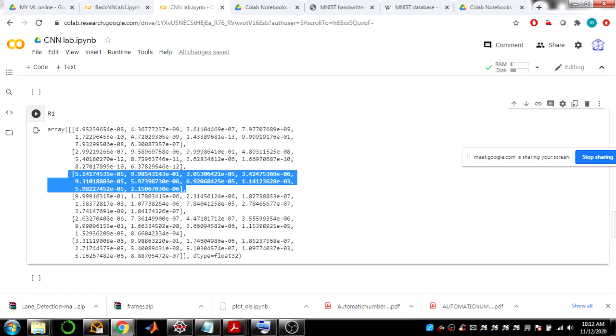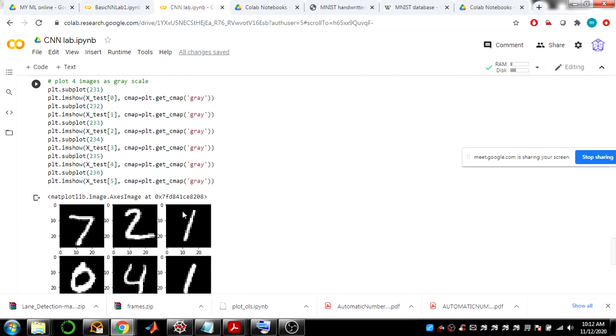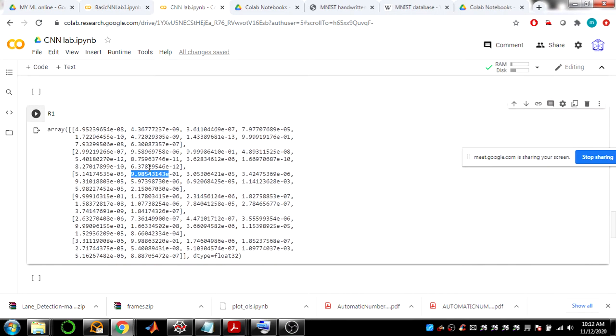Okay, you can see here, this is 10 to the power of minus 0.5, and for 1 it is 10 to the power of minus 1, and the remaining are more negative values only. So that means the accuracy is more for digit 1. We are getting digit 1 here also. This is the original one, and what we have predicted is also that one only.